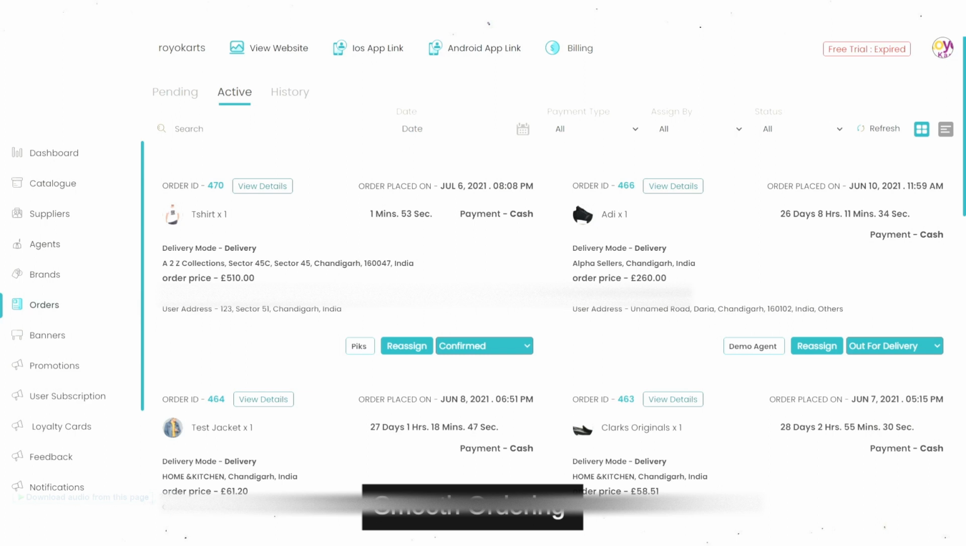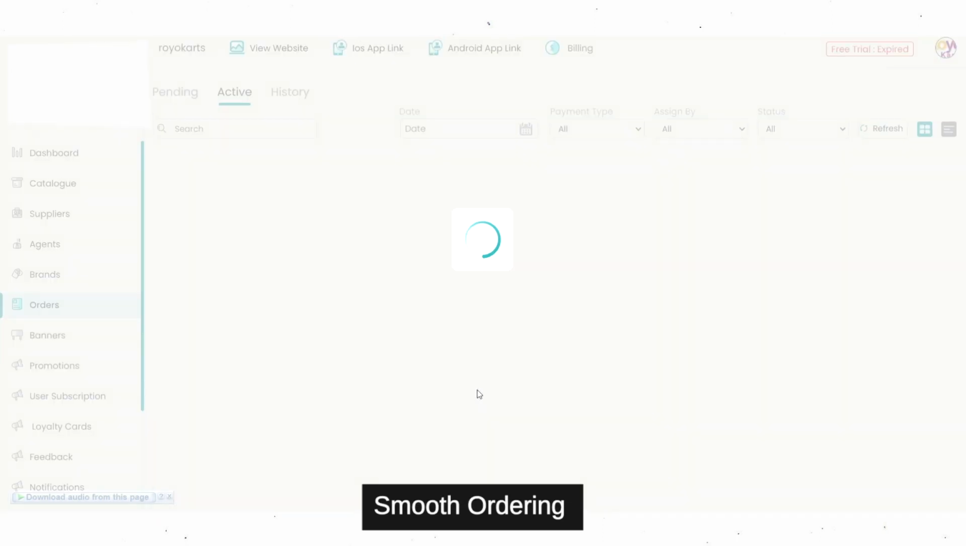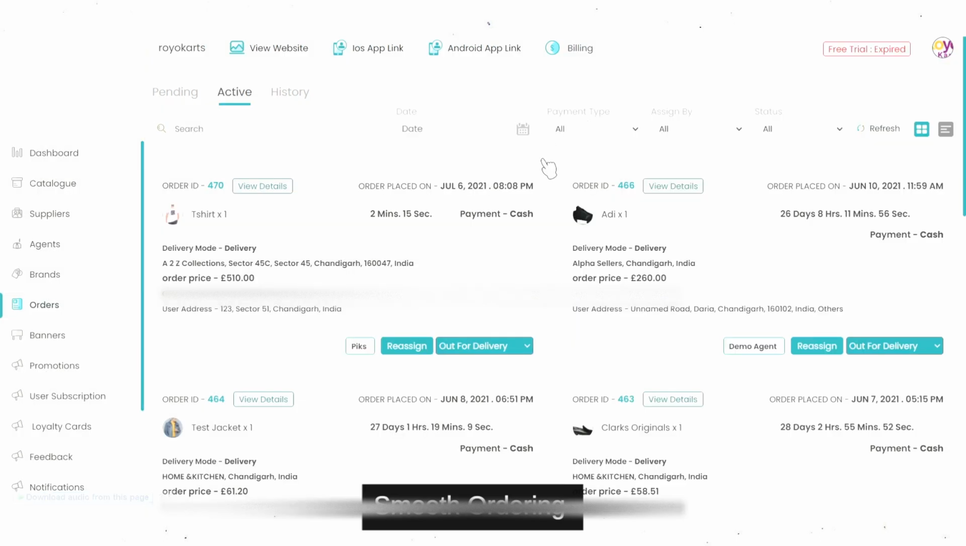Now coming to the admin side of the panel, you can just click on this drop down menu, and you can just select which status you want to select for the particular order, whether it's packed or shipped or out for delivery. When the order is out for delivery, from there onwards, the delivery agent can pick up the order, and then he can deliver the order